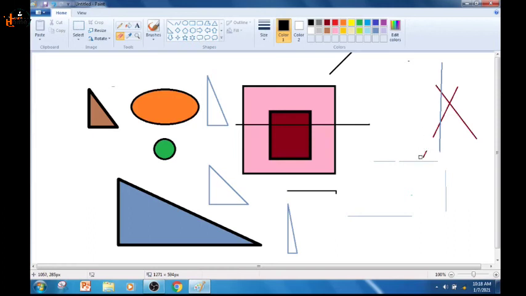Right? You will press and hold the left mouse button and then drag the eraser on the drawing. Okay? And the part will be deleted or erased. Okay? In this way you can erase the unwanted part of the drawing. Have you understood till now?